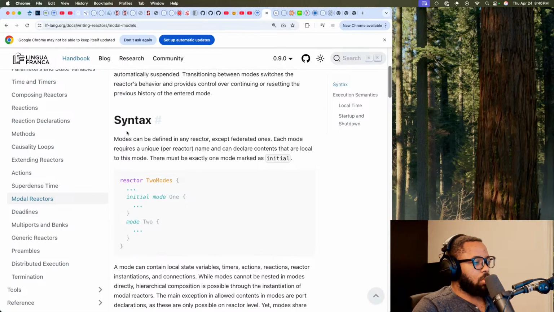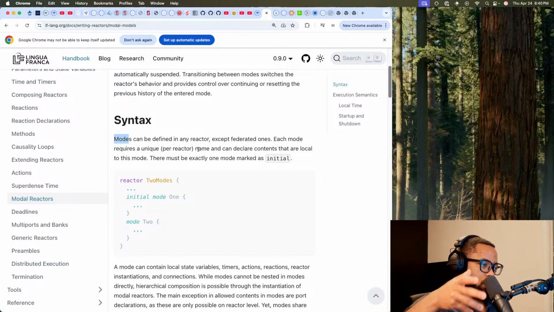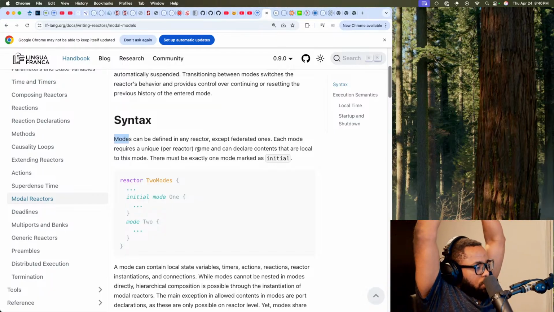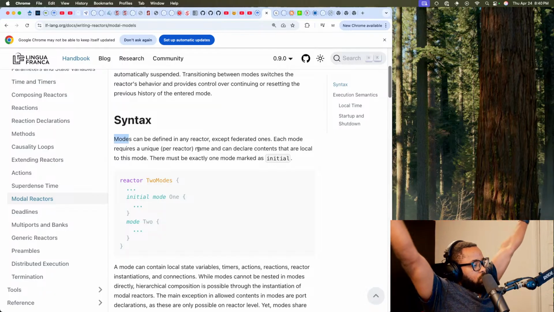And I mean, really, it goes without saying, mode here can be substituted for the word context. Basically, your reactor is changing context.